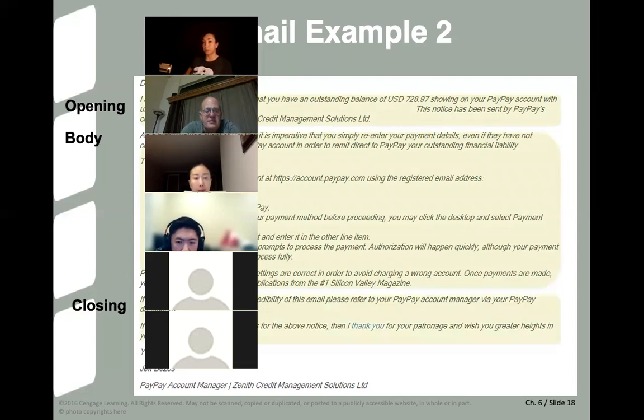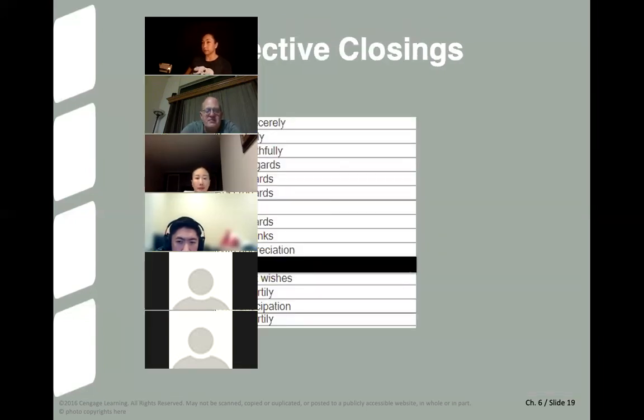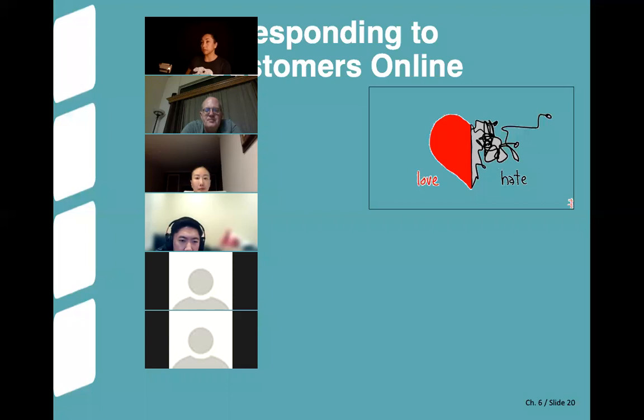And that's what's involved. So you can have a number of different closings, right? This is a list in case you're looking for things that don't always sound the same, or you're not always using the same one. Yours sincerely, yours truly, yours faithfully, warm regards. All of these are pretty commonly used, some more than others.